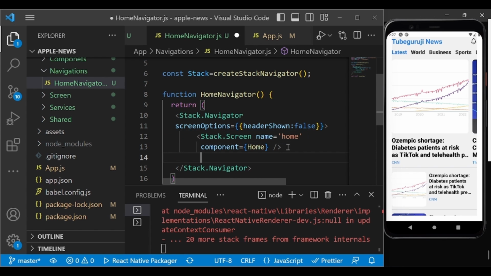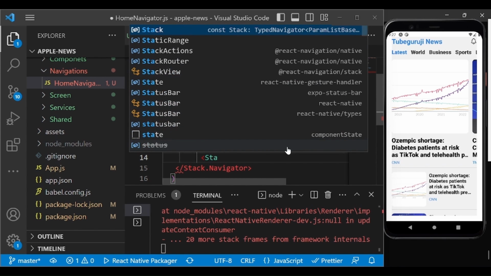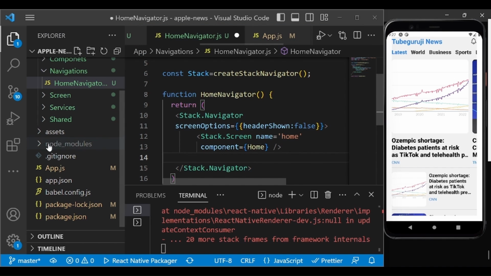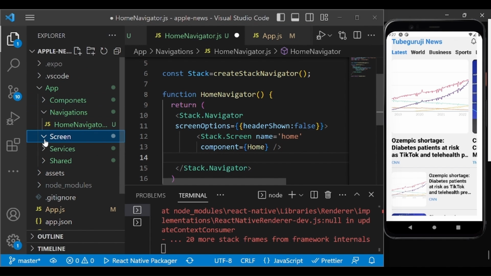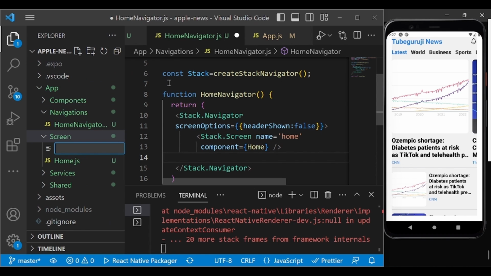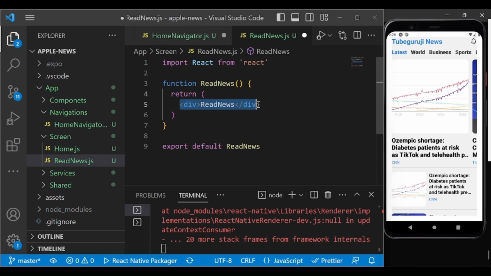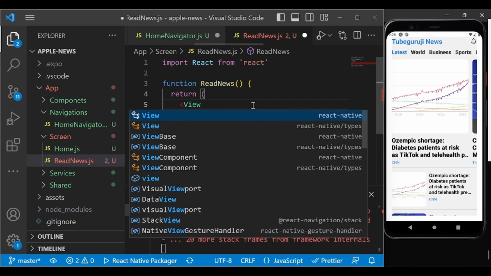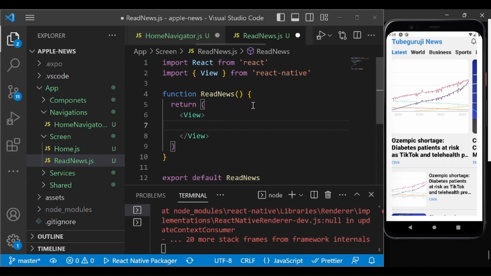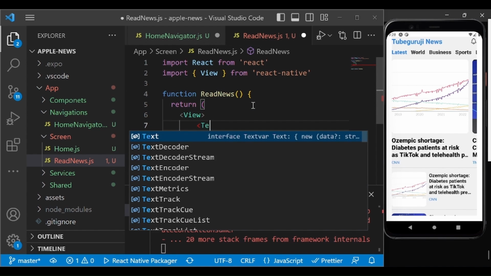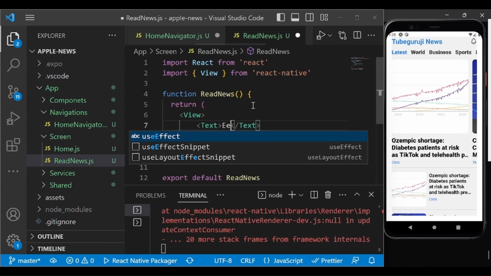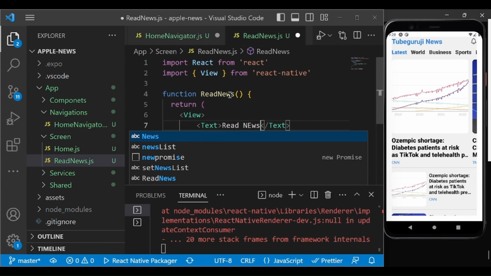Now we will define one more screen, but we have to create that screen first. So go to the screen folder and add a new file called ReadNews.js. Inside that we will add the template. We remove this one and add a view, and inside the view I will add some text in order to test it. Read news. Import this,